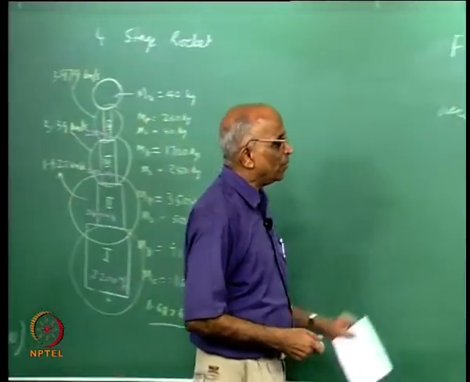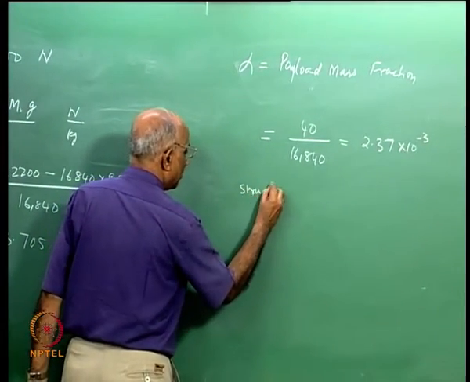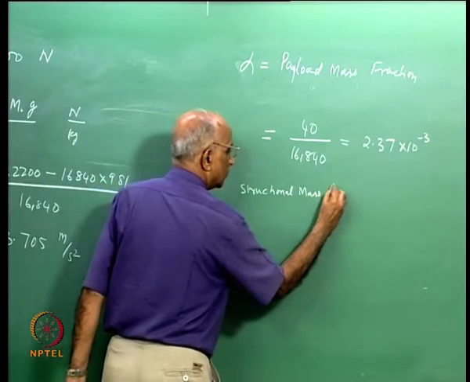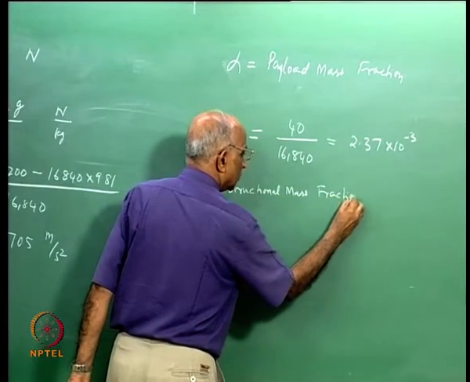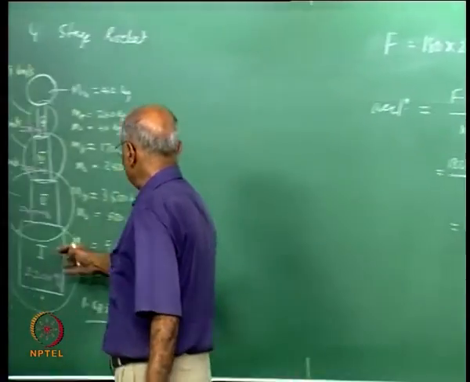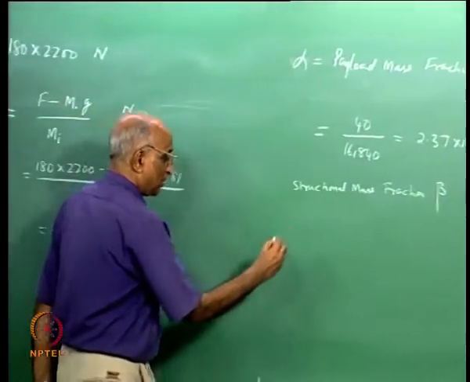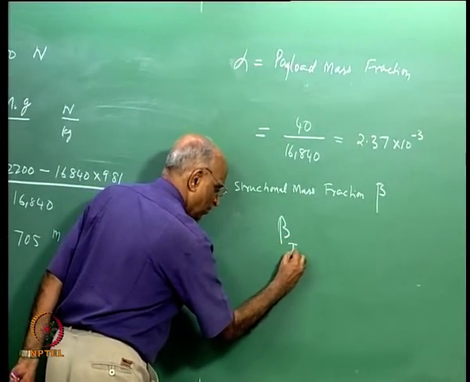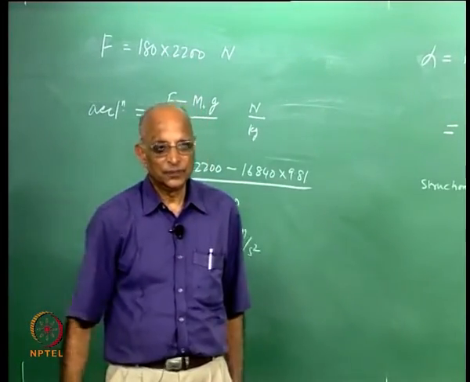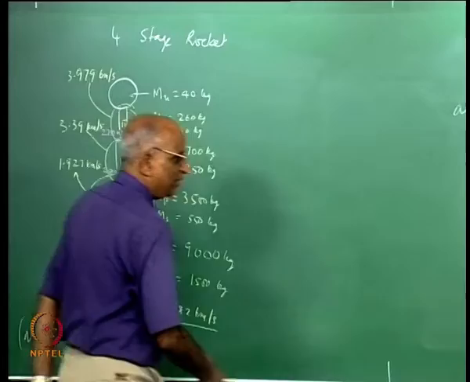We talked of the payload mass fraction. Supposing I ask in terms of the structural mass fraction, let us say beta, but then I have 4 stages: first stage, second stage, third stage, fourth stage. Let me say I am interested in the structural mass fraction of the first stage. What will be the value? Yes, the structural mass is 1500 kg divided by,